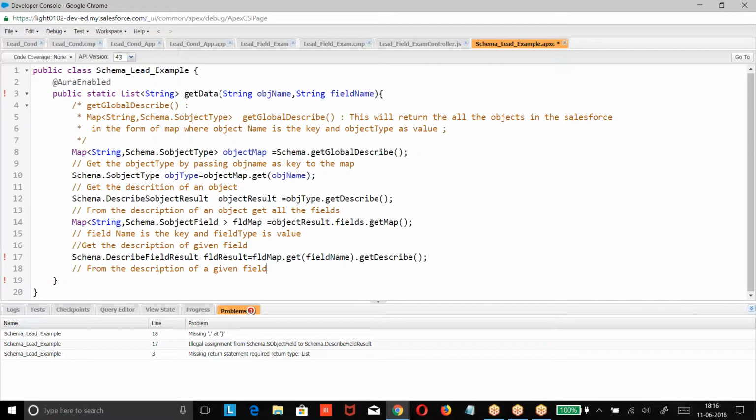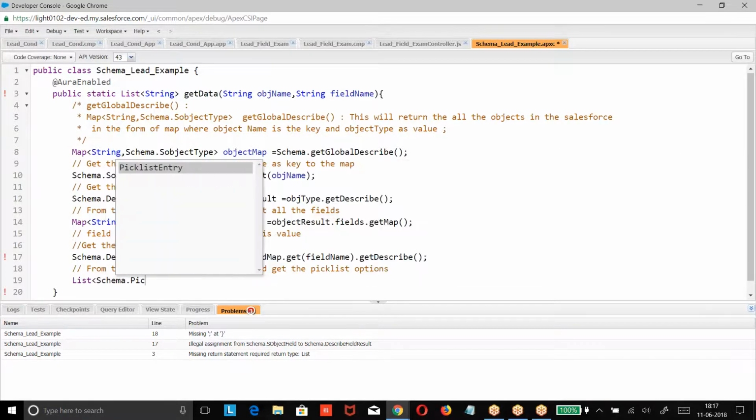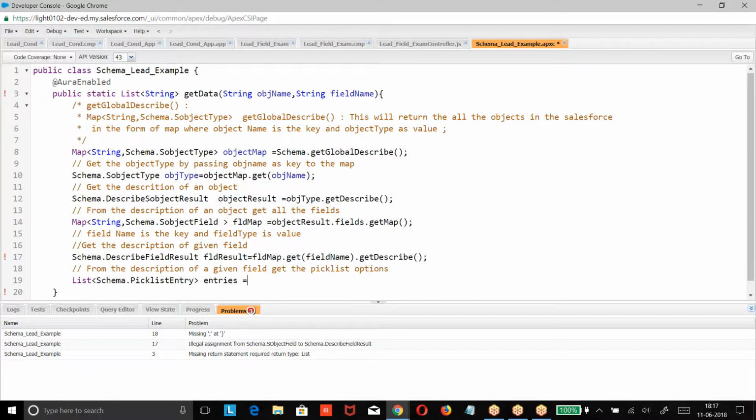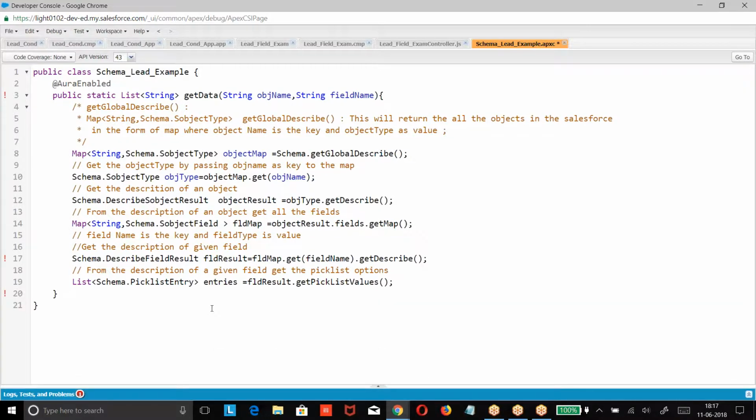From the description of a given field, get the pick list options. How do you get the pick list options? List of schema pick list entry, pick list values. Then get the names.